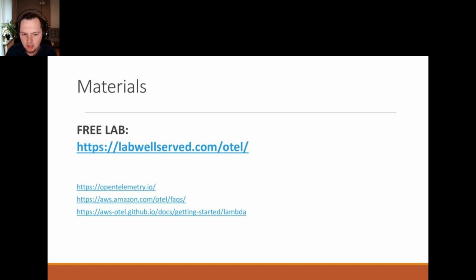There are instructions on how to do it. I also recommend having a look at the OpenTelemetry webpage and the FAQ from AWS, where they explain why and how the distro for OpenTelemetry works. And on GitHub, there is also a getting started for Lambda, so you can try it yourself in your environment.